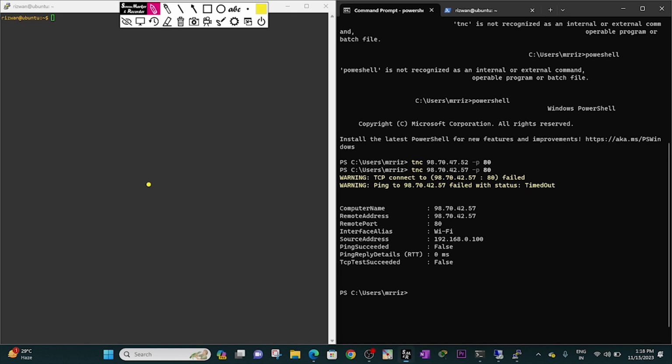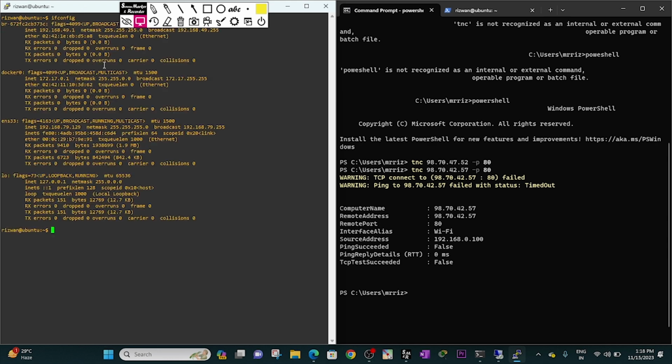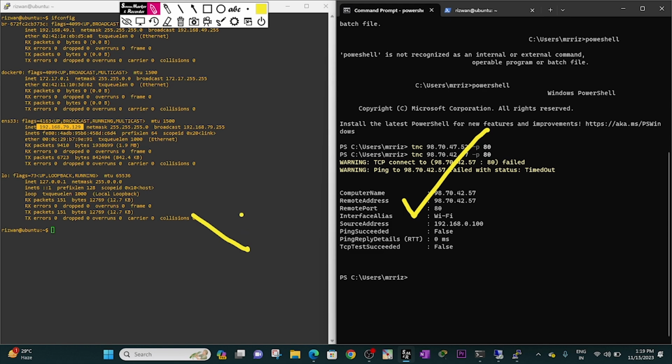Like here, if we look at this machine and initiate the command ifconfig to check the current configuration, you can see the IP address assigned is 79.129 for the Linux machine. And for the Windows machine, why is it not working for the Linux machine? This is the Linux machine. Okay, so here on our Windows machine, I initiate ipconfig /all,